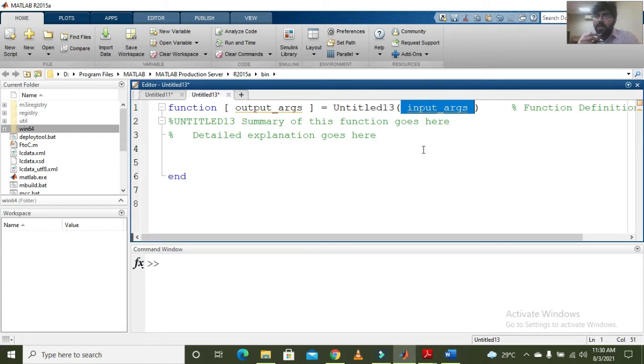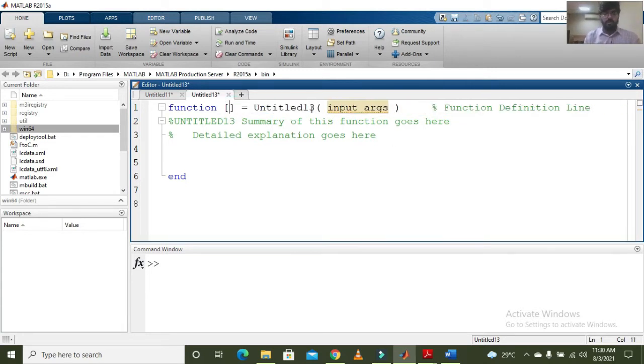I am going to enter that my output argument should be the temperature in Celsius, and my input argument should be the temperature in Fahrenheit. And here I am going to mention the name of the file, let's say F2C, meaning Fahrenheit to Celsius. So this is how the function lines are defined.